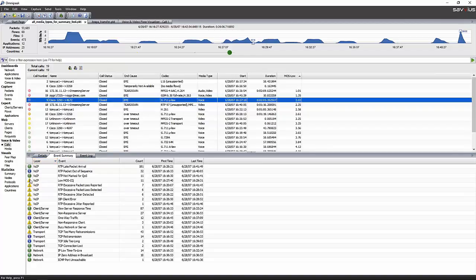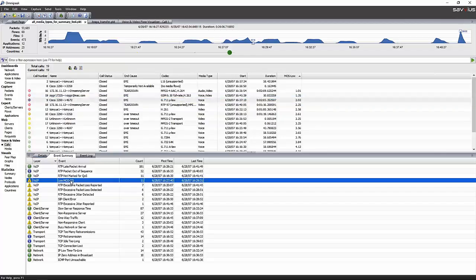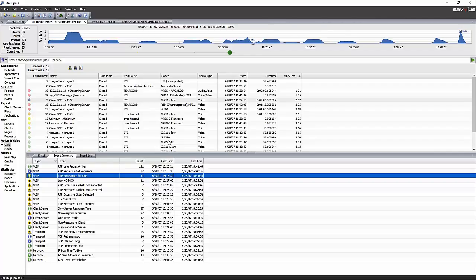So now my VoIP experts are at the top, and maybe I want to see, boy, I already hit the low MOS scores. Maybe I'm concerned that things were not marked properly for quality of service. So I have an expert for that. I click on that expert, and then we're able to quickly